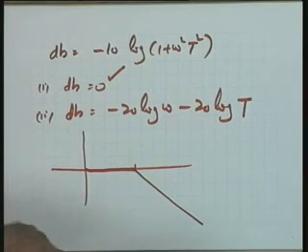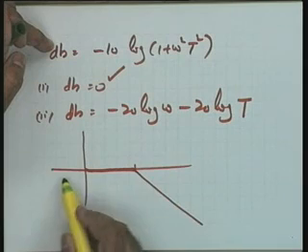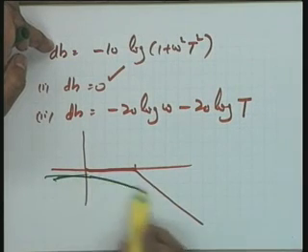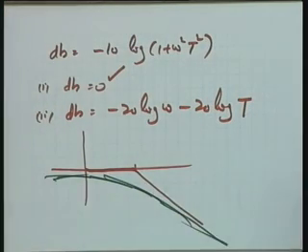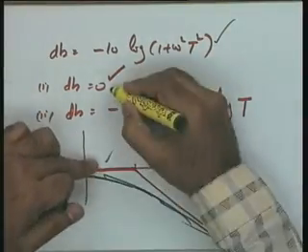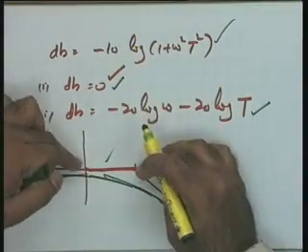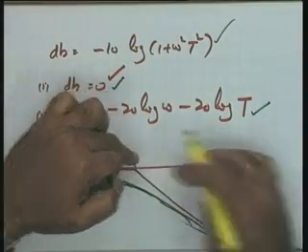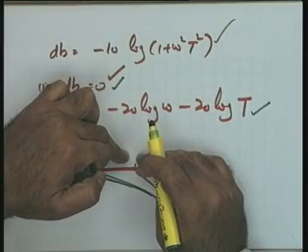As he has pointed out, if I calculate the actual plot, just take various values of omega and make an actual plot of this. The actual plot of this turns out to be this. I am making a rough approximation. So, the green one is the actual one plotted from here, and this red one is from here, and this red one is from here. This is the approximation extended up to omega is equal to 1 over t. This is an approximation extended again up to omega is equal to 1 over t.